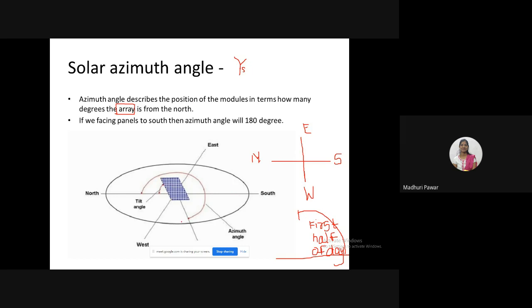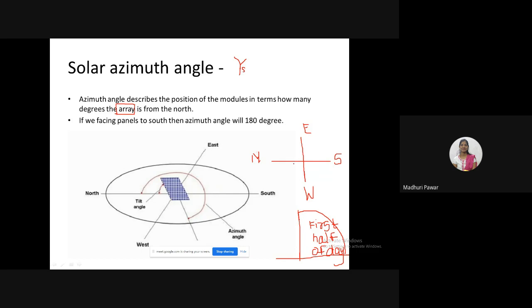After that, the sun will go towards the west side. So for that half section, sun rays will not fall on the solar panels when we keep our solar panel towards the east side. This may be one drawback of our calculation. For that reason, it is necessary to measure the solar azimuth angle or to keep the solar panels in a proper way by considering all the factors.